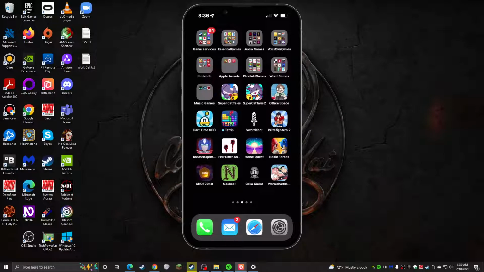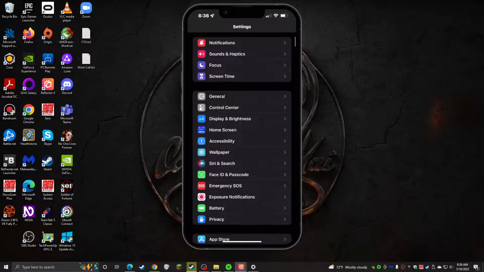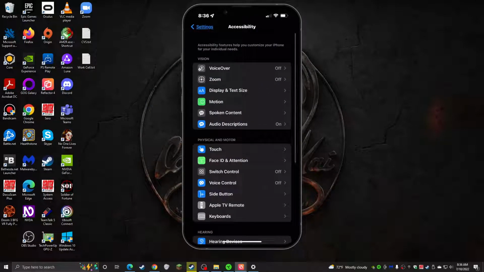But then you have stuff like, I'm going to go into settings. I'm going to go into accessibility. And again, just like in Windows, where we're under Ease of Access, here it's accessibility, and you have a lot of different things. You have Zoom, you have VoiceOver. So Zoom is what I talked about on the Mac. It's on iOS too. If I go into Zoom